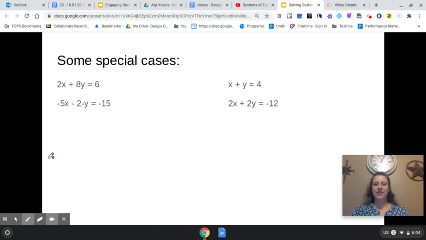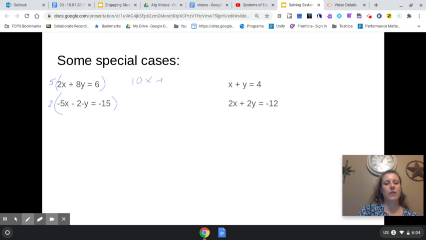Okay, this last slide is going over some special cases that could happen when you are doing the elimination method. And I just noticed there's a typo on this screen. That minus sign should not be there. So first of all, with this first example, we are going to multiply the top equation by 5 and the bottom equation by 2. That gives me 10x